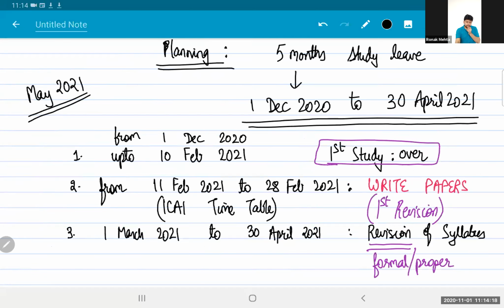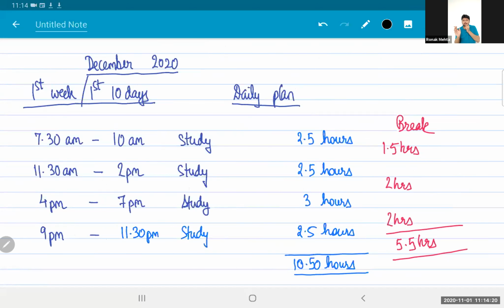And every day you are putting in on an average 10.5 to 12 hours. Roughly 11 घंटे का तुम पढ़ाई कर रहे हो. On an average basis अगर मैं हिसाब मारूं तो 11 घंटे का पढ़ाई हो रहा है for 72 days at a stretch. So advantage is that if you try to do it like this, there's a possibility that you can comfortably complete the syllabus. You can complete the syllabus. You just have to ensure that you execute things properly.